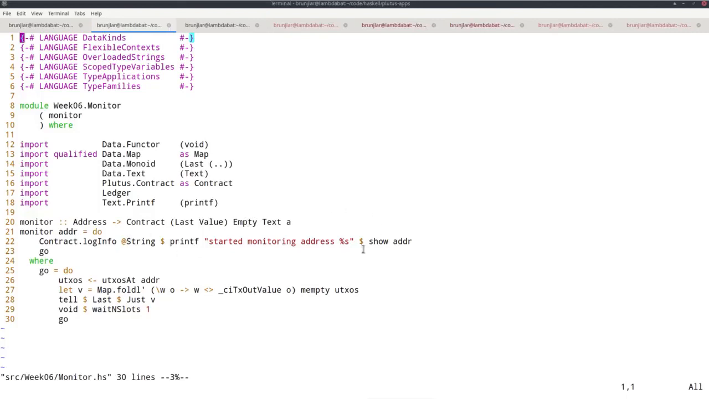So I just log a message in the beginning, and then I call this go, which will call itself recursively, so this runs forever. And in each iteration of this, I use utxosAt for the given address to find all UTXOs at that address. And now I fold over these UTXOs. Remember, I want to find the value contained at that address, so I must add the values of all the UTXOs. And how do I do that? Well, I fold left over the